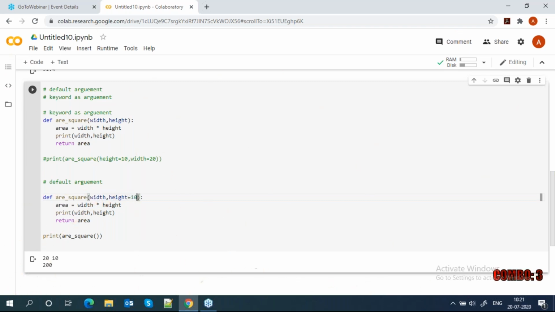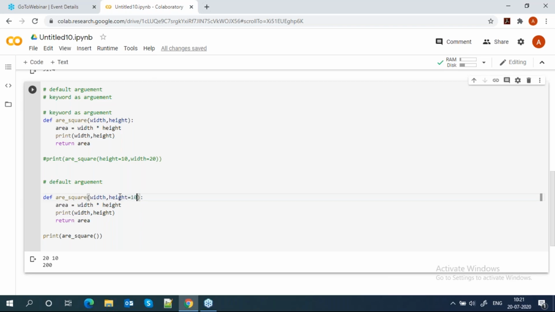My height should always be 10. So this is my default value. I pass a default value to the height. If I pass some value to the height, it will take that. Otherwise, by default, it will take 10. So according to the rule, this is my default argument.